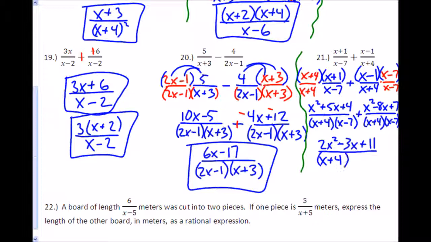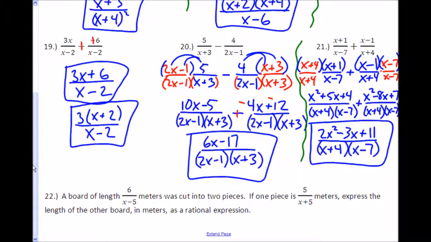And the last thing I can do is check to see if this thing's going to factor. Build a bridge. I get a 22. I can't find two numbers that multiply to 22 but add to a negative 3. So I'm just going to leave this one the way it is. Okay, so get your common denominators and then see if the thing simplifies. And then this last one,